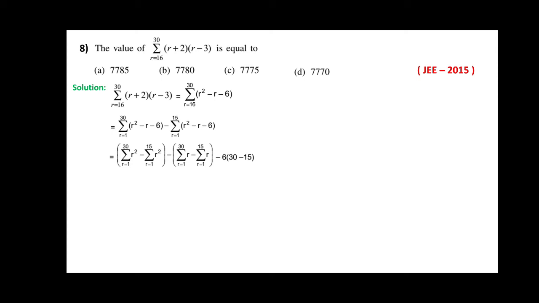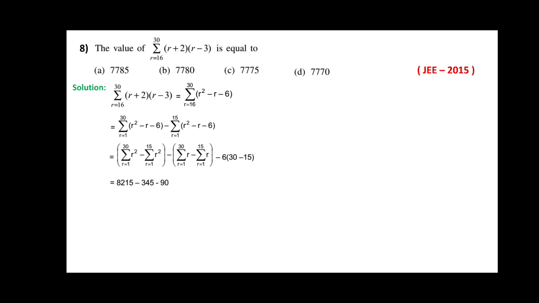Already I have told you, here summation of R square can be written as R into R plus 1 into 2R plus 1 divided by 6, so that we can replace R value as 30, and similarly for the second term, R is equal to 30 and 15 here. So, we can have the formula, that is R into R plus 1 divided by 2 here. So, by applying the formula and numbers here, after the